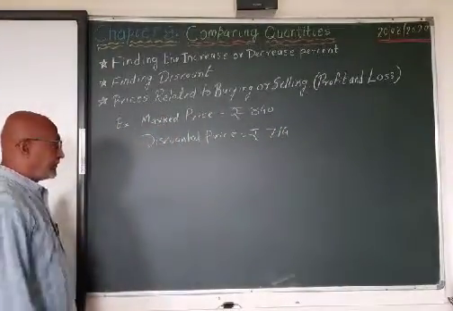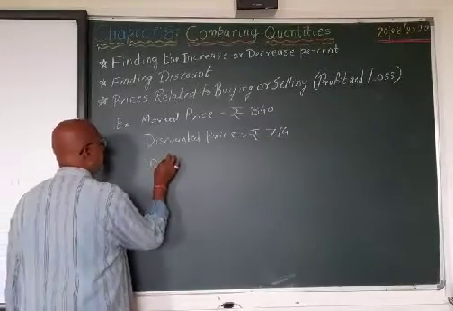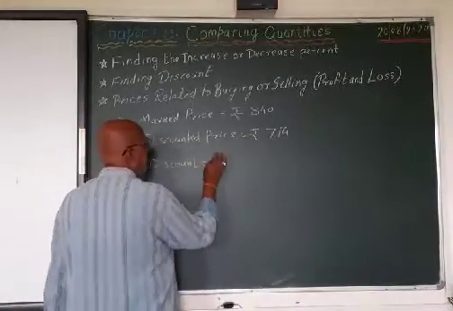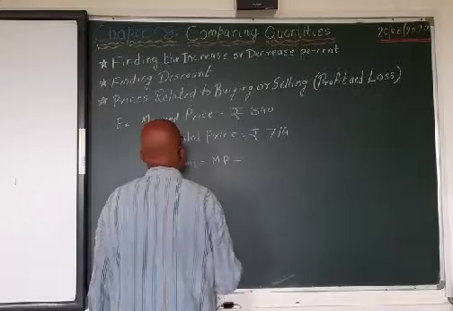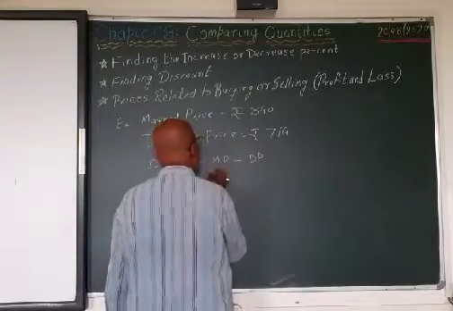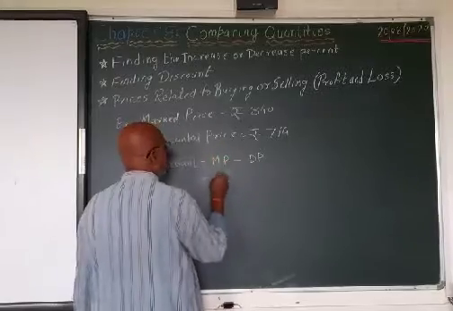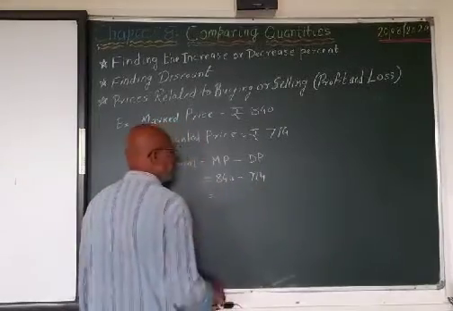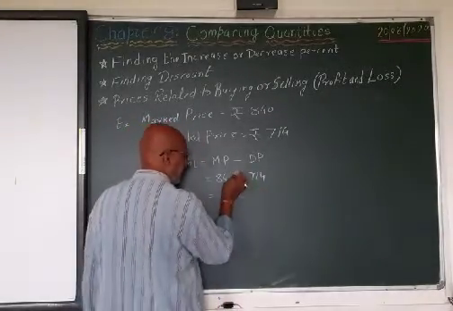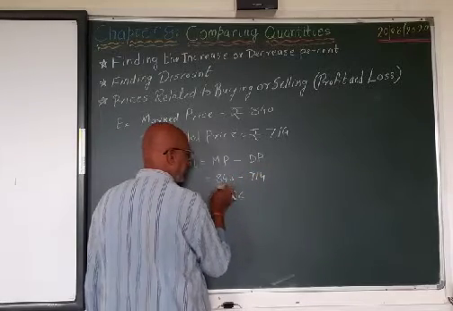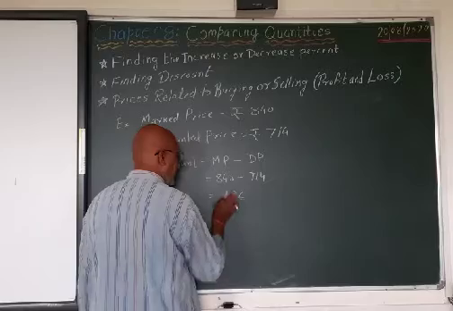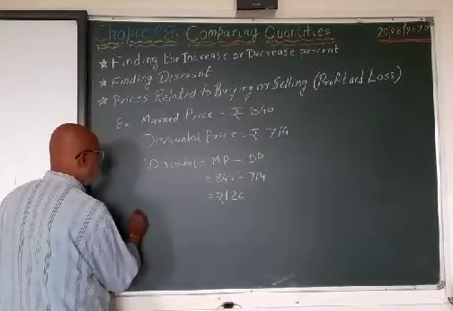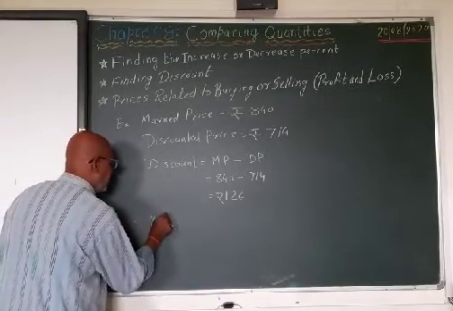Now you have to find the discount first. So discount is equal to mark price minus discounted price, equal to 840 minus 740, equal to rupees 100. Rupees 100 is the discount, and therefore the percentage discount